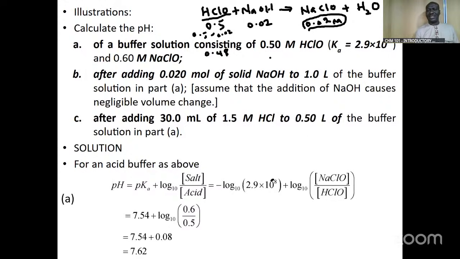Okay, so in the solution, finally, the amount of NaClO will be what you initially have, 0.60, plus what will have been formed from this reaction, 0.02, and that's 0.62. All right, and this acid, because some of it has been used to react with sodium hydroxide, what will be left of it is 0.48. So if you now use your Henderson-Hasselbalch equation again,